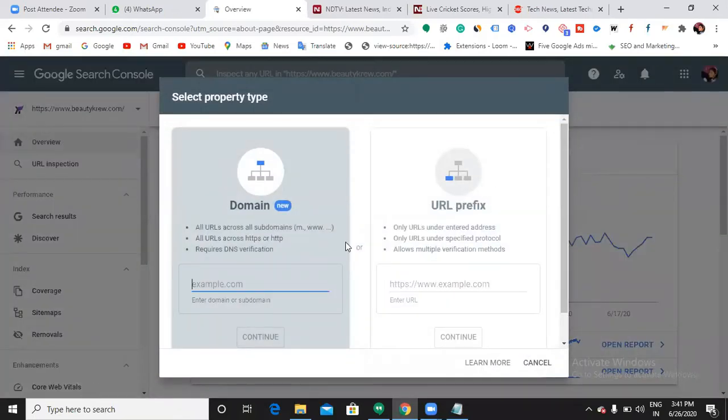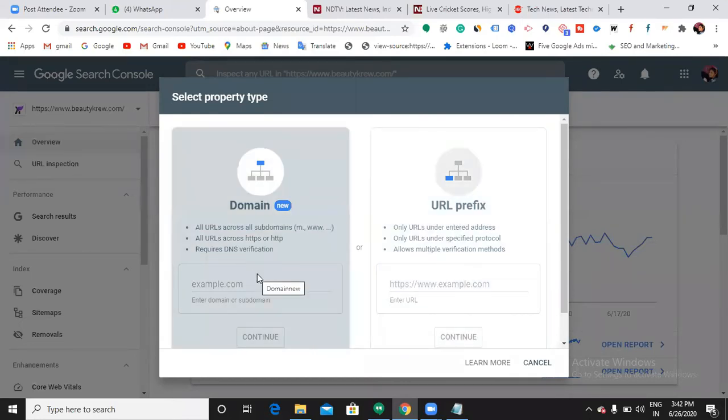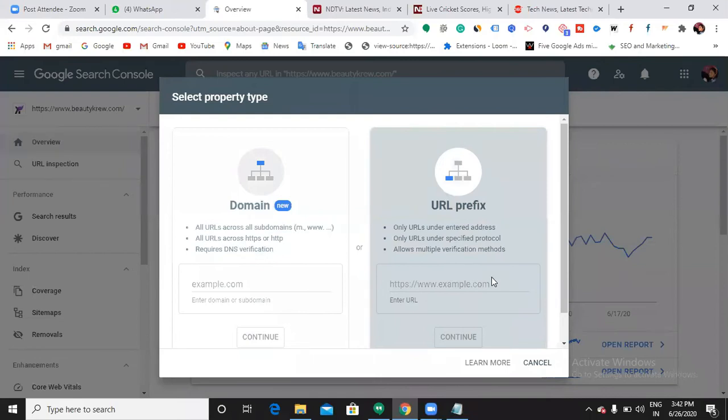There you can see two options, domain and URL prefix. Got it, the difference between domain and URL prefix? If you want to crawl all your subdomains and all your protocols, then you can use domain. Otherwise, you can happily use this URL prefix. Ma'am, if I only use URL prefix, what is the benefit for me then? There is no benefit, and there are no advantages or disadvantages. If you go with domain, it is going to crawl each and every subdomain, and you don't need to crawl each one particularly. But when you feel this is the only particular website you're working on, at that time you can use URL prefix.